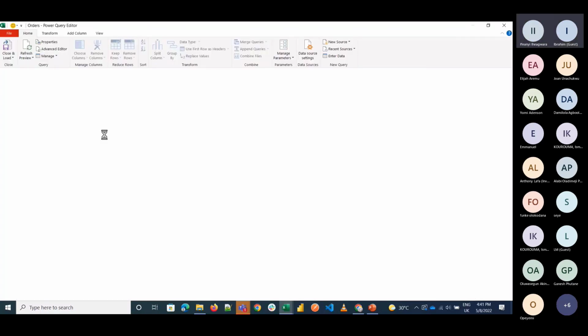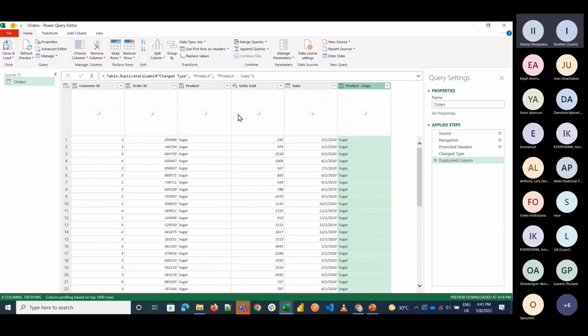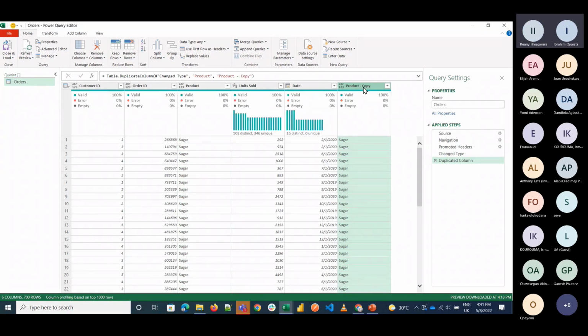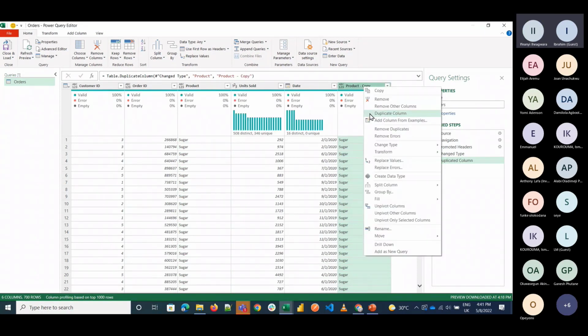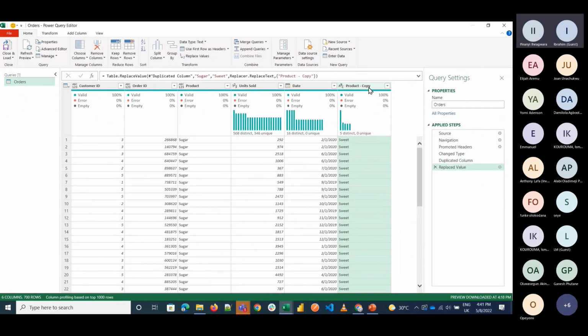Whenever I make a change in Power Query here, for example, let me duplicate this column. Then I decide to replace sugar with, for example, sweet. I press OK. Let me call this fake. So first I do this, and the minute I click on close and load,